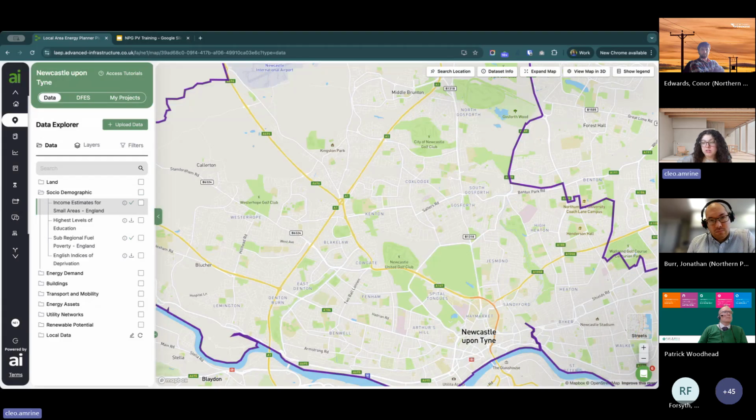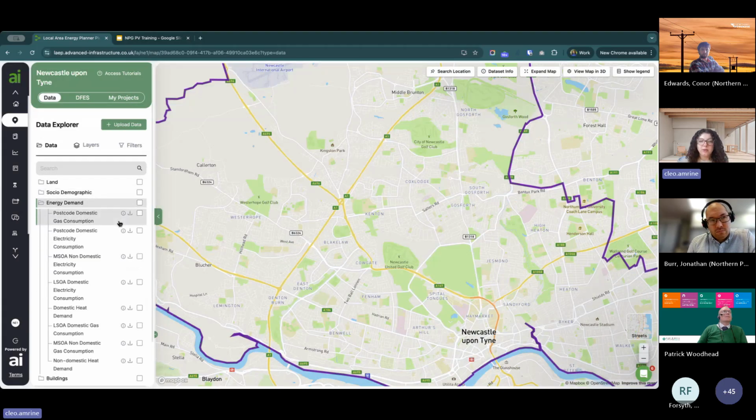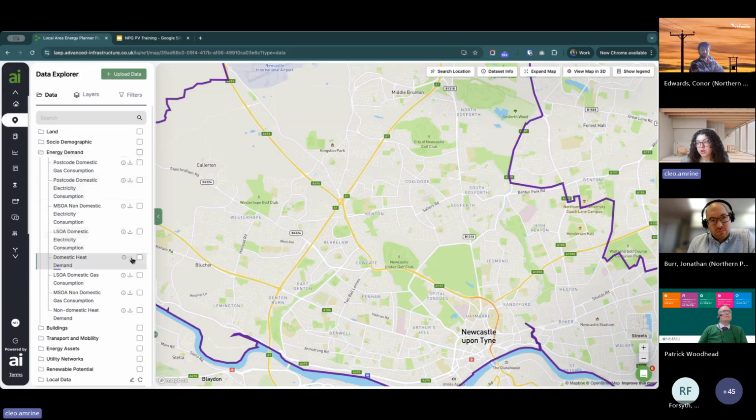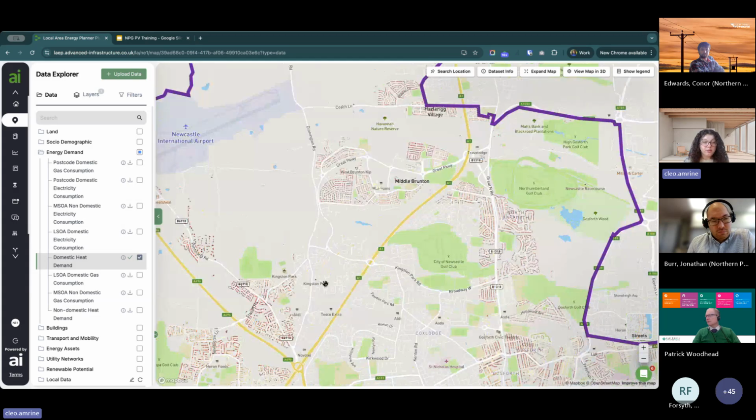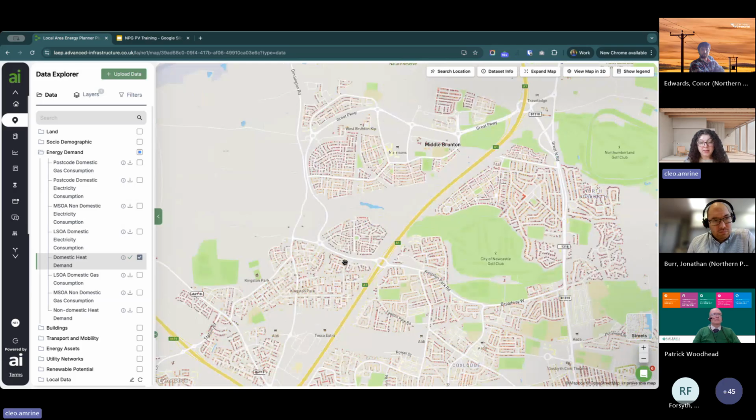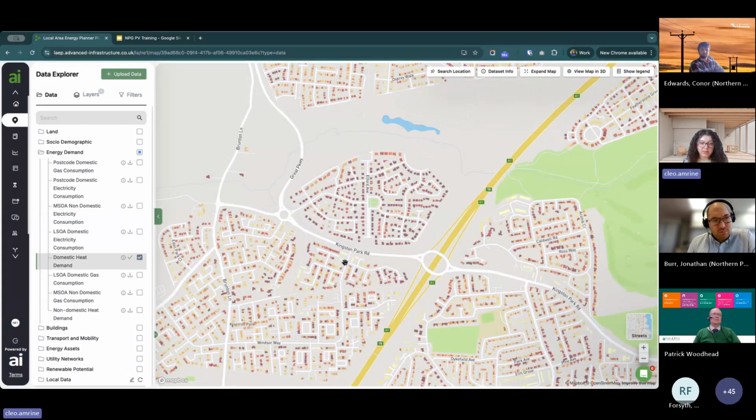You may also want to look in the energy demand folder as well. So if you're looking at installing rooftop PV on properties that you know might have higher bills, and you're looking to assist those properties in lower income areas or who are experiencing fuel poverty, you'll want to install PV on houses where it'll have the most impact and they're already likely to be struggling with high bills.